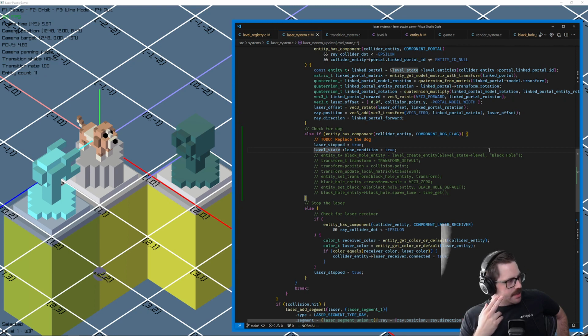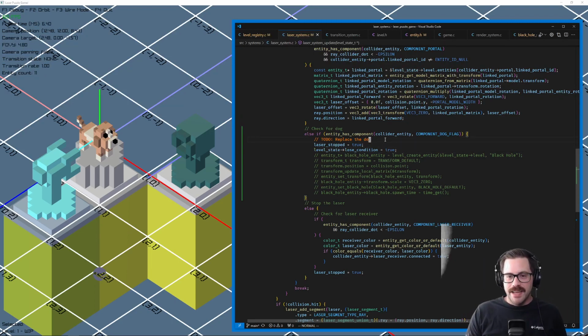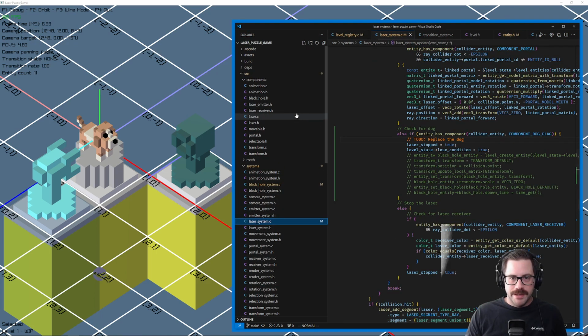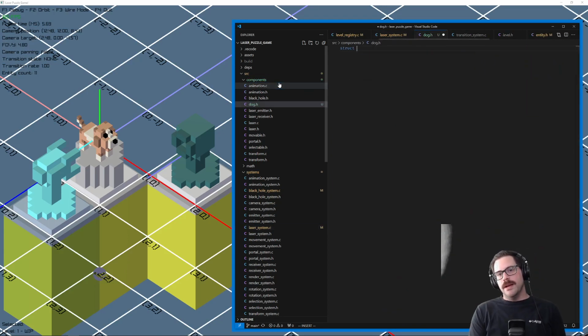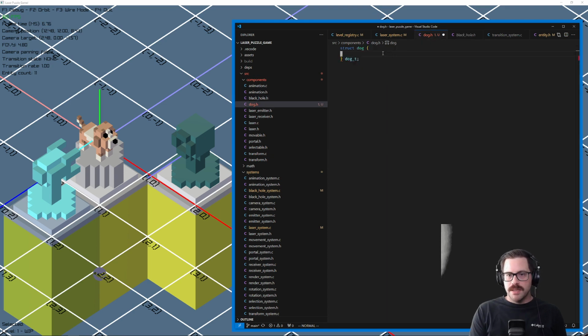But do I want the transition system managing that? I might just have a separate dog system. Yeah, I think I'll do that. Okay, let me go move forward with that one. So the dog is no longer just going to be a flag, but it's going to be a whole struct with its own thing. So it also needs a spawn time, dog, not spawn time, but like hit time, and